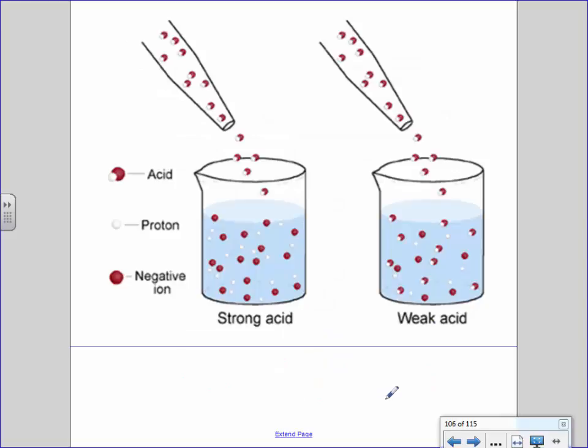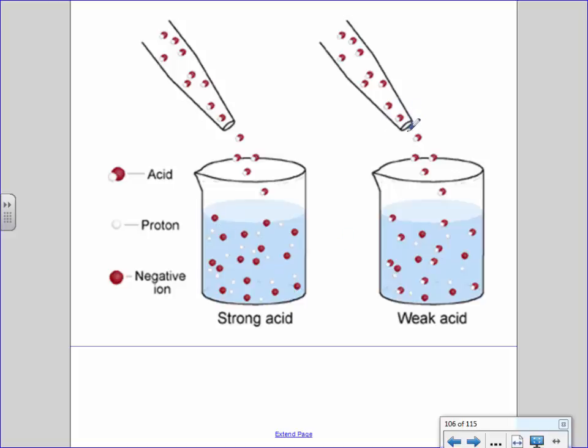Here's another example of a picture that I found that I hope can illustrate it here. Here's another strong acid, and as the way of kind of illustrating it, what they've done for the legend here is they've said the acid involves two pieces together, and I don't even care what acid it is, but hopefully you kind of get the point here. All acids should involve a proton coming off and a negative something being left over. Well, look at the strong acid. Literally every single one of these guys right here that was together as a group is now broken into pieces.